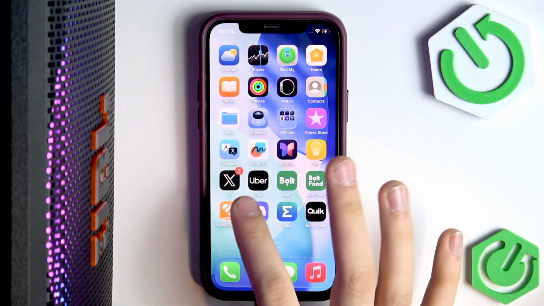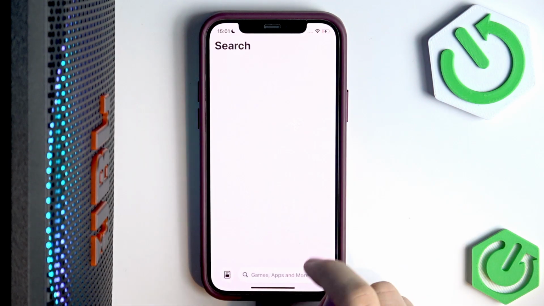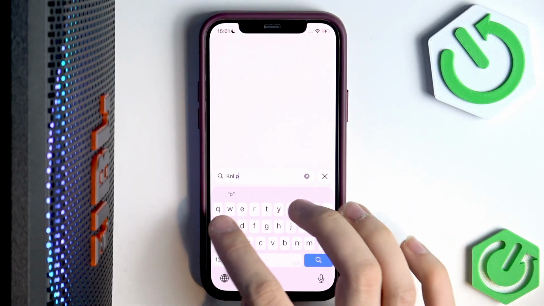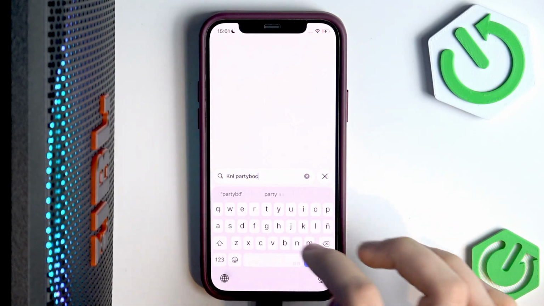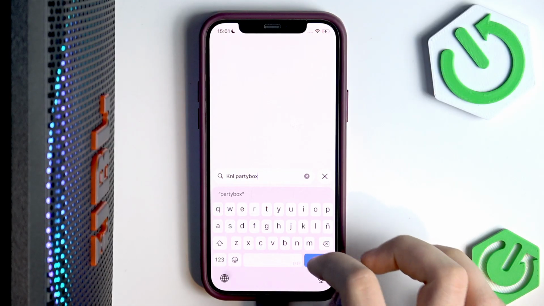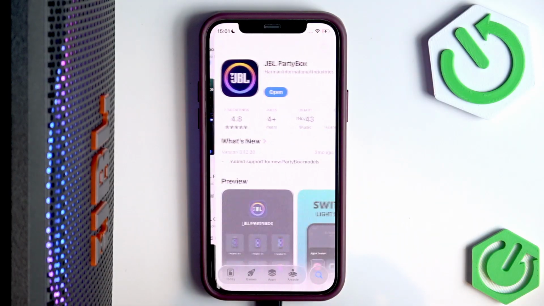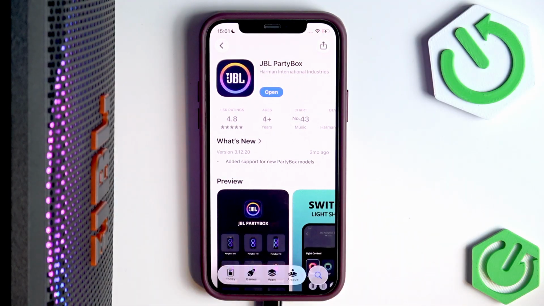And if we open the App Store and go into the search and search for JBL Partybox, not KNL, it's JBL actually, but as you can see here, JBL Partybox. This is the application. Using this application, we can modify all the settings and change them up to our own